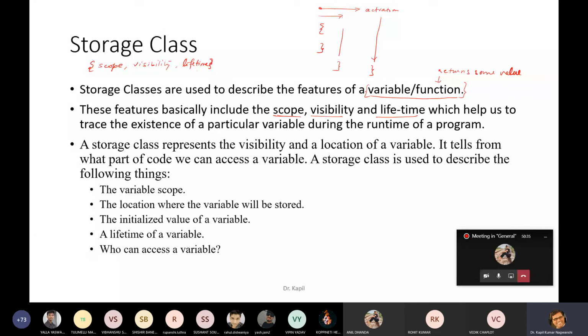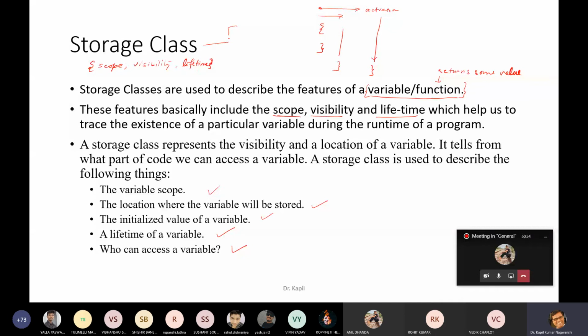Okay. So variable scope, location where the variable will be stored, the initialized value of a variable, lifetime of a variable, and who can access the variable. This is what is associated with storage class.